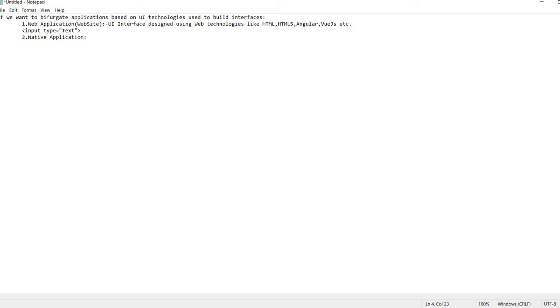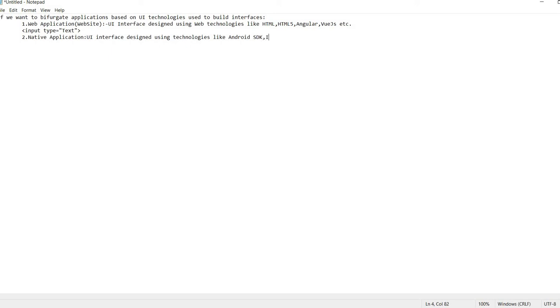A native application's UI interface is designed using technologies like, say, Android SDK. SDK stands for Software Development Kit.